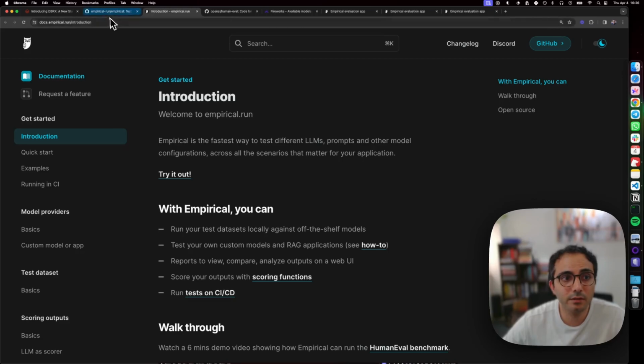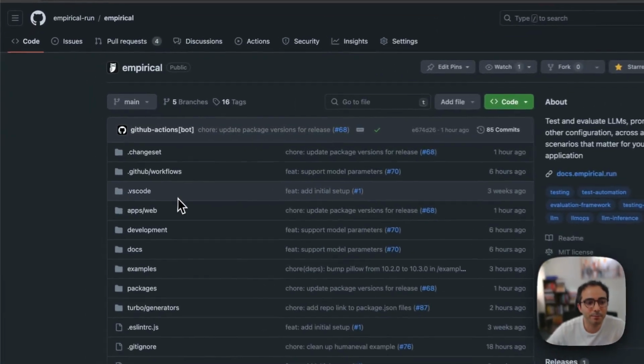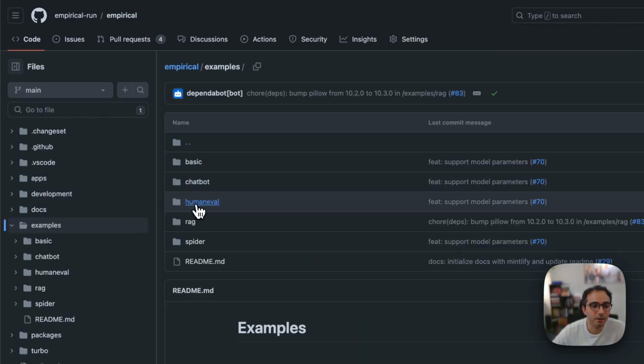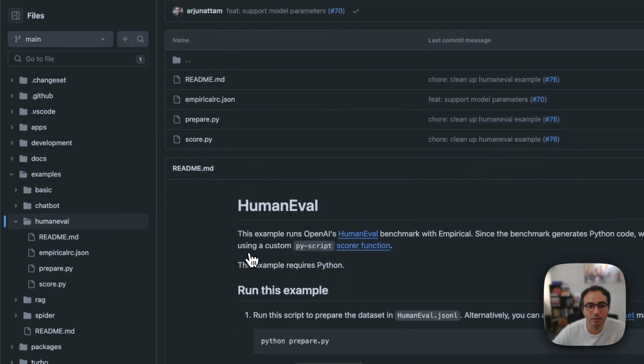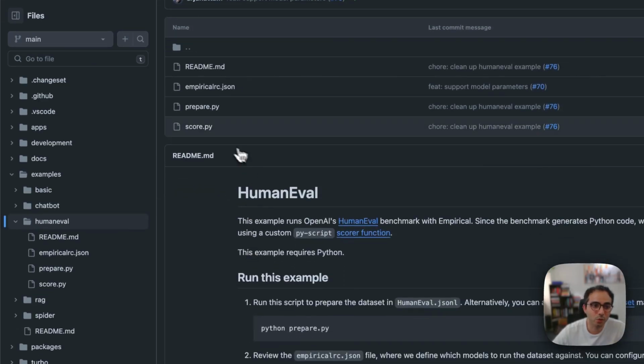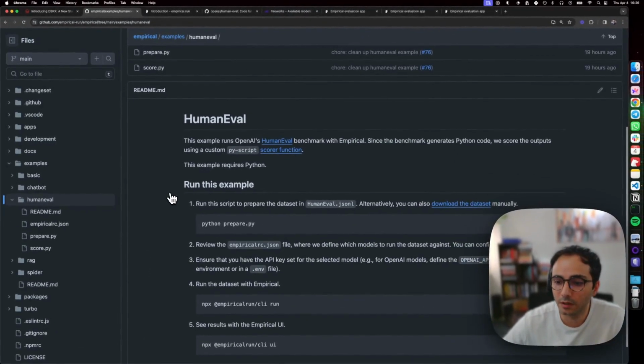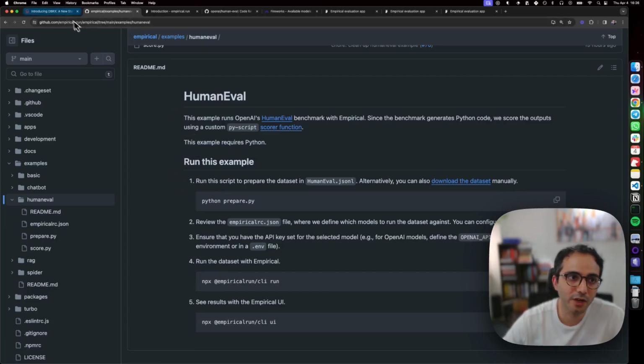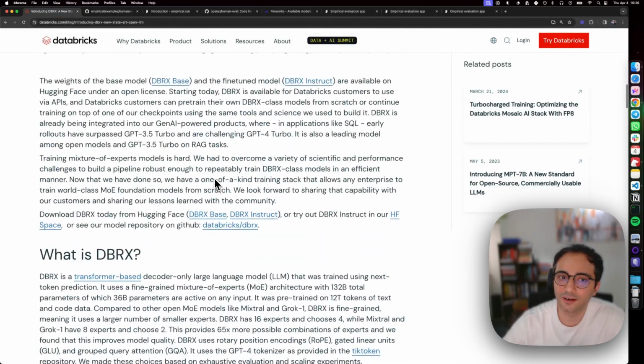And if you're interested in trying out the HumanEval example, you can go into the repository here, click on examples, and check out the HumanEval example. It has the same sort of scoring function, a configuration file, and a helpful README for you to reproduce whatever we were doing in this particular video. That's it for now. Hope this was useful to get a sense of how some of these scientific benchmarks work, and